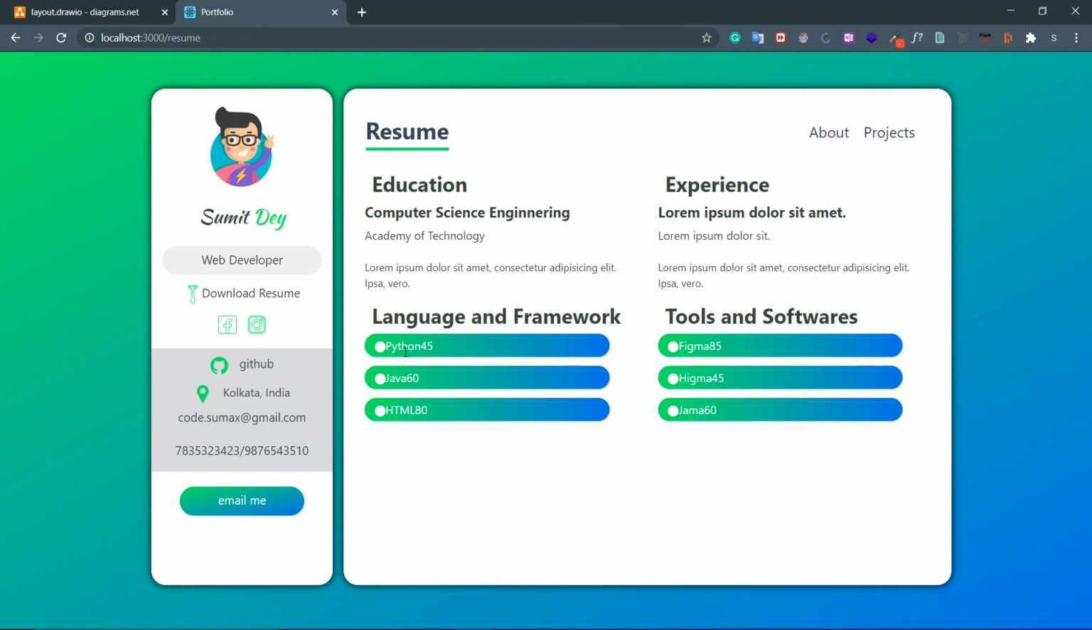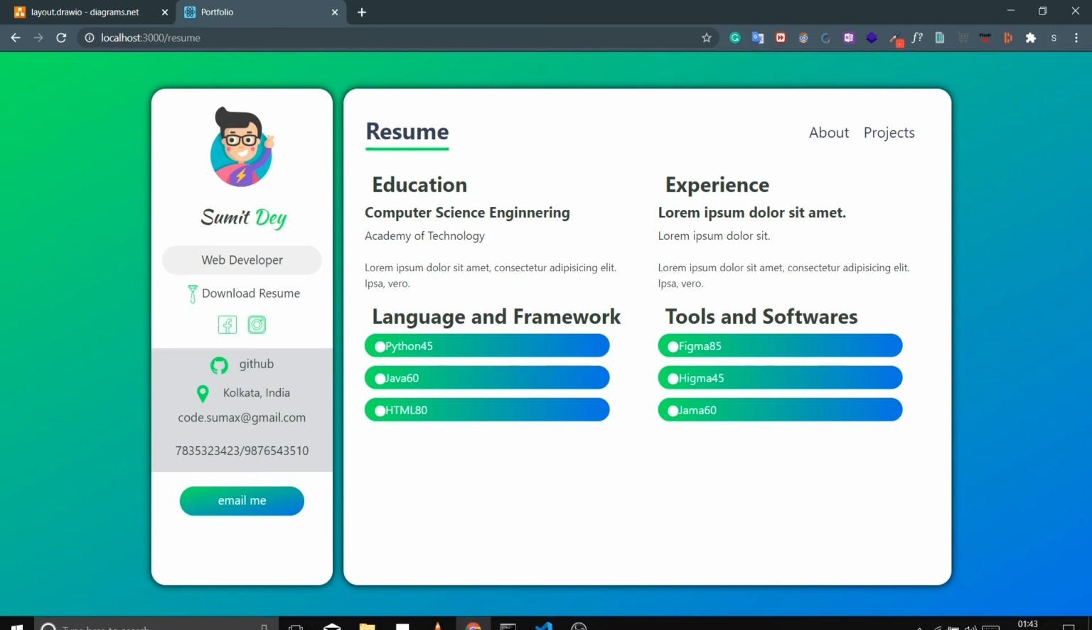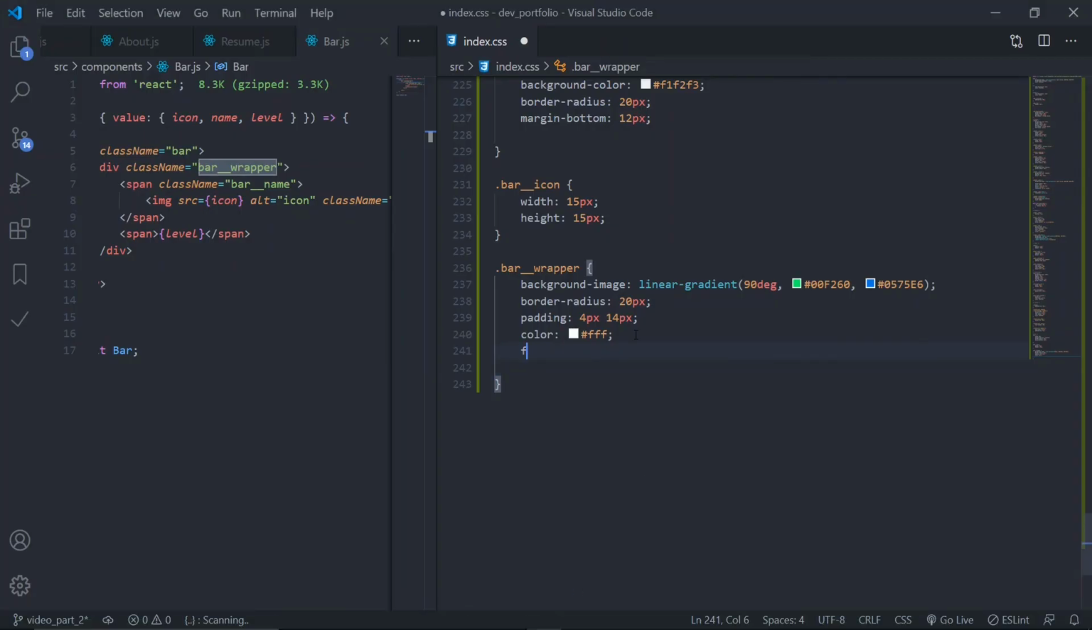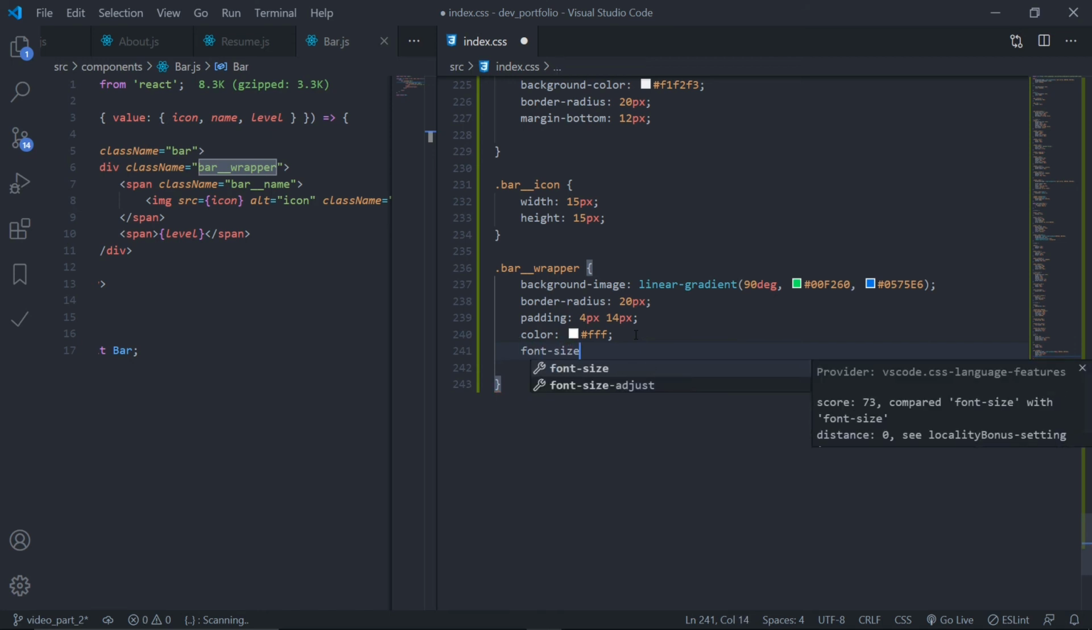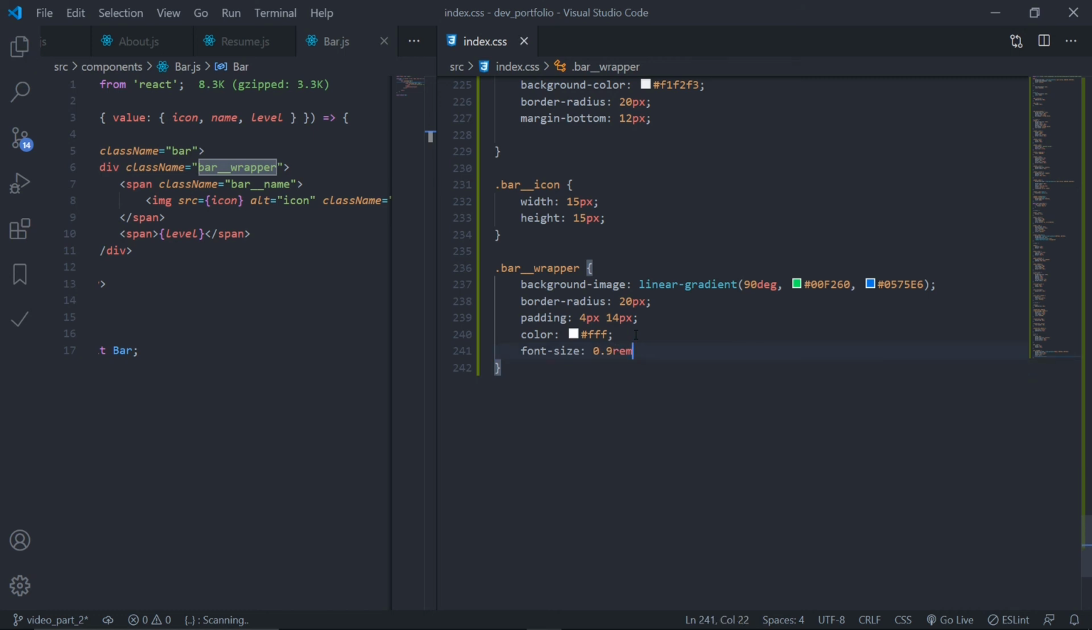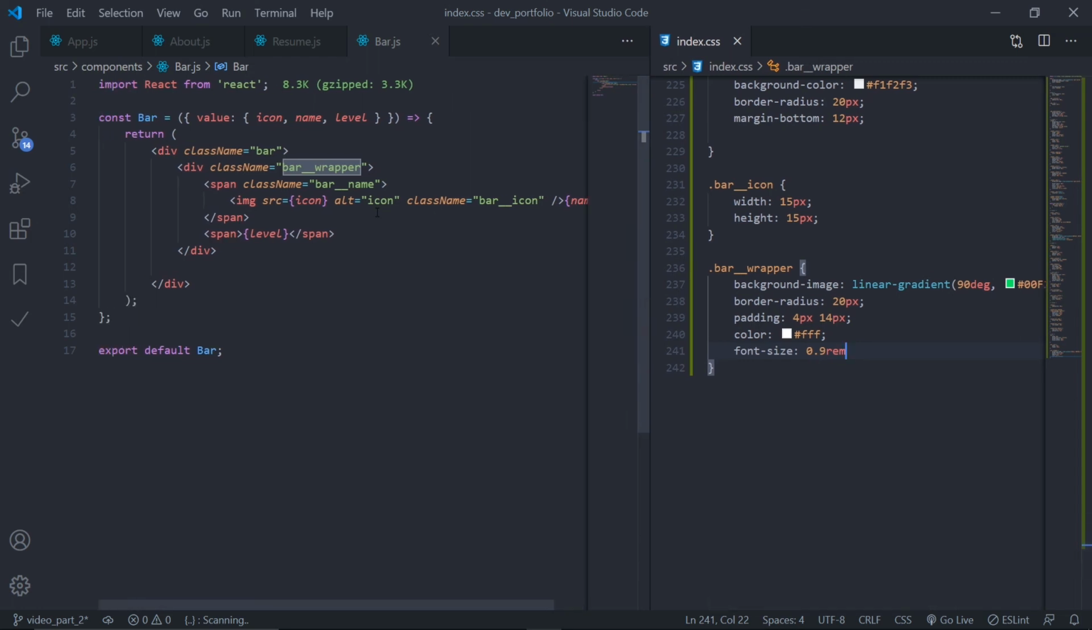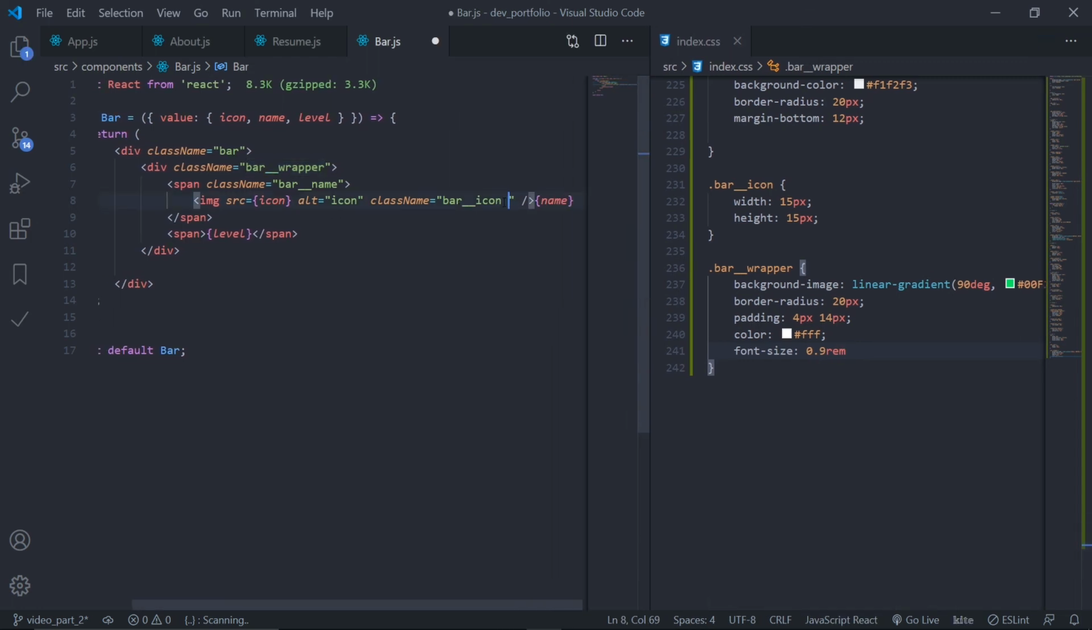And then just change the font size and give it a margin left of this name, at this name. So font size 0.9 rem. Okay, and what you will do, you'll go to this image right here, I'll give it a Bootstrap class which is margin right 2. It will be fine. Okay,